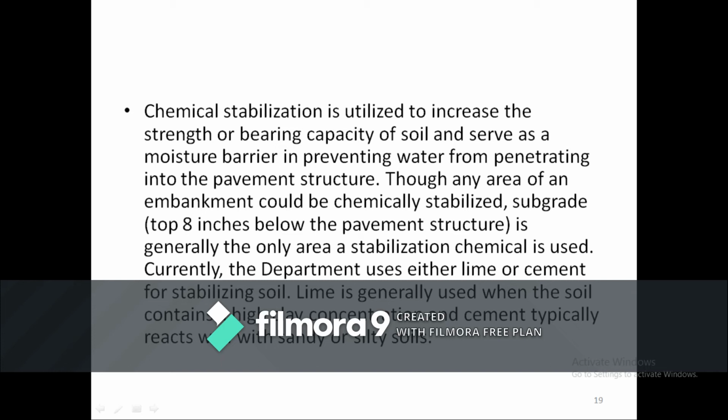So when the clay concentration is more, we go for lime, and we go for cement whenever there are sandy and silty soils. In both cases, we mostly use these stabilization methods.